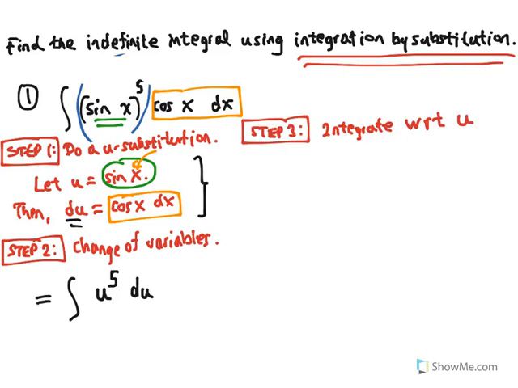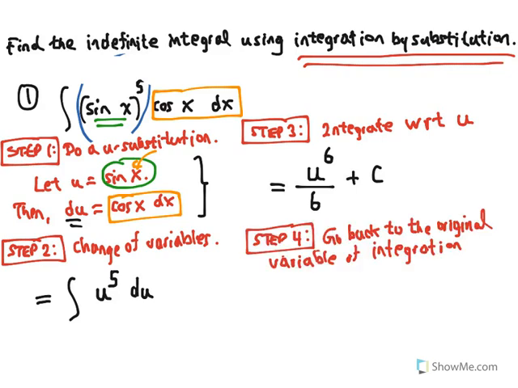So now we go on to step 3. We will integrate with respect to u. So using the power rule for integration, we add 1 to the exponent and divide by the new exponent plus constant of integration. And finally, step 4 is to go back to your original variable of integration. And all you have to do that is remember step 1, you let u be equal to sine x. So all you have to do now is replace u